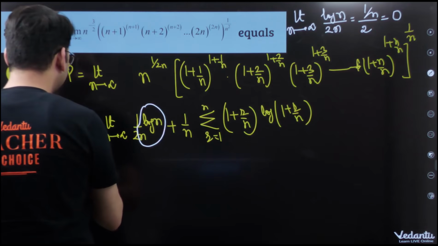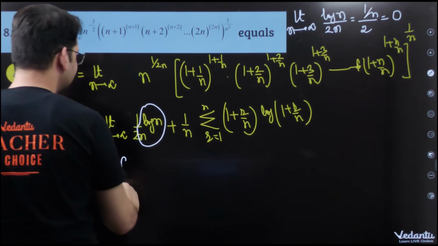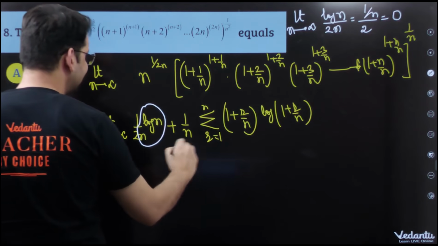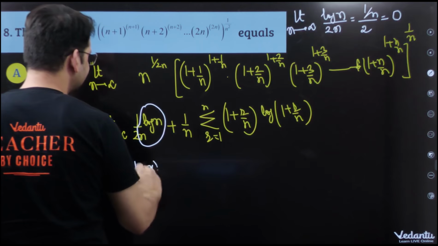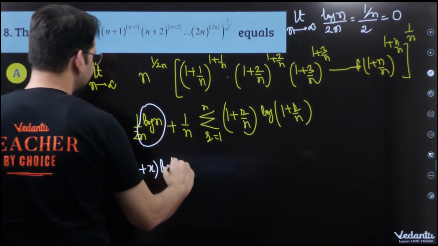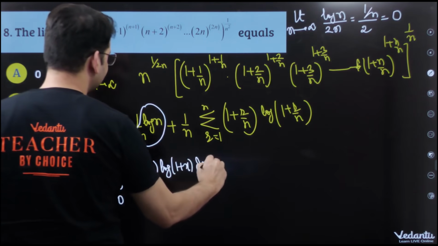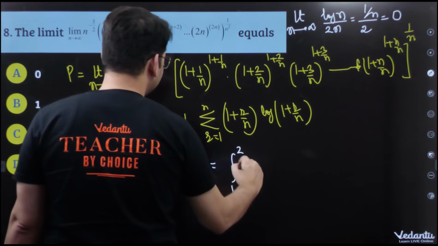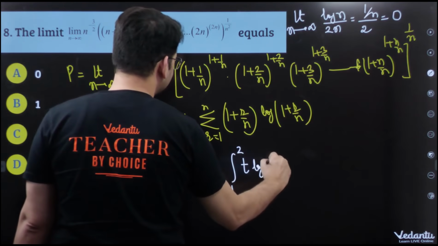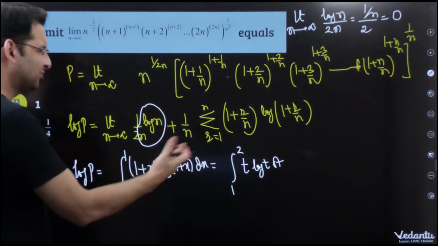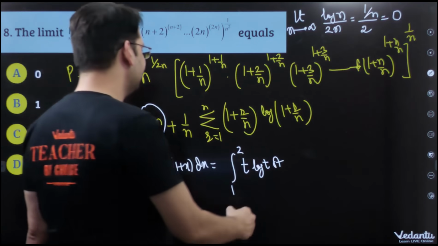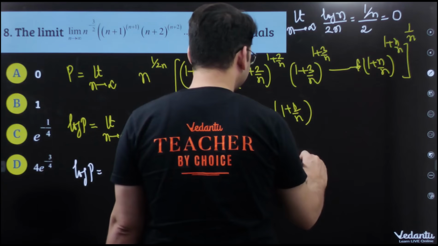And second part can obviously be converted into integration. So 0 to 1, 1 by n is dx. So this is 1 plus x log 1 plus x, and this is 1 to 2, t log t dt. Put 1 plus x as t, then the limits change. Now there is nothing left to do,